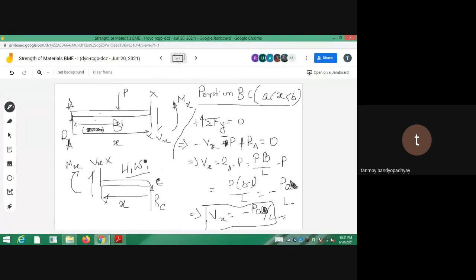ঠিক আছে? So since for this one you have taken vx to be the downside, for this one you have to take vx to be the upside, so that you will be getting the same set of results that I have got. So you can draw the free body from the left side. You can take a cross section starting from the left side. You can take a cross section starting from the right side, any point of the beam. But just see that there is a conformity between the things you are considering. So that Vx, Mx, what are they? They are internal forces. They don't have any existence. They have to cancel out at the points that you are considering. So based on that, you have to do. So internal forces has to cancel out at any point. ঠিক আছে?